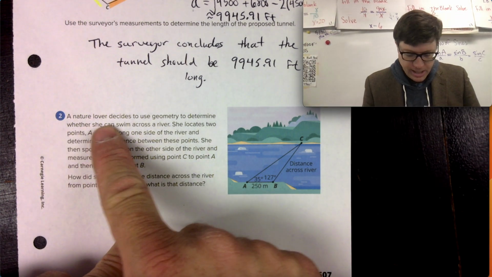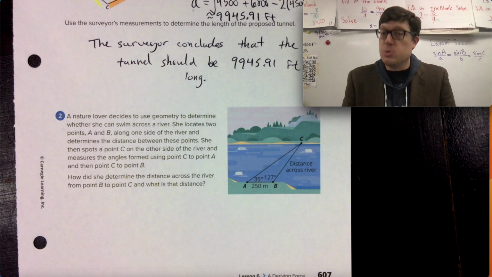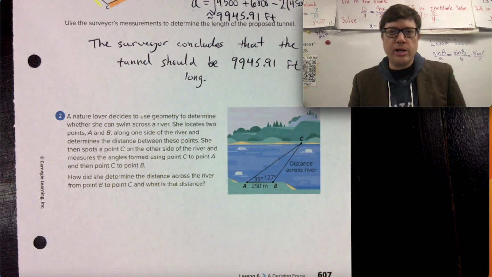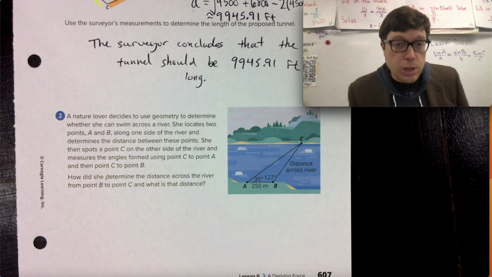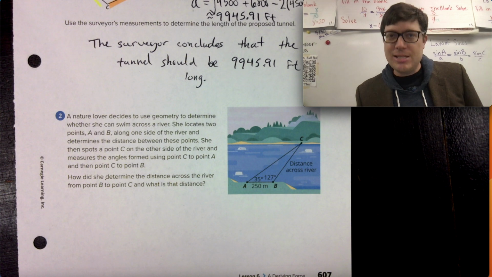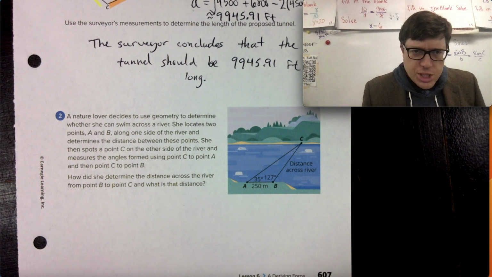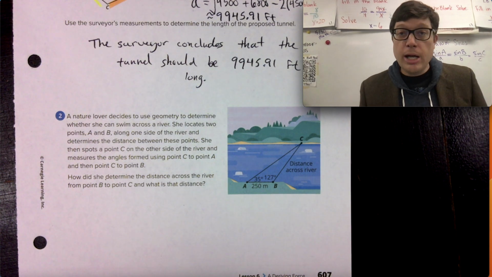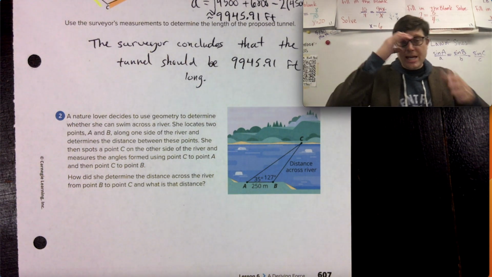A nature lover decides to use geometry to determine whether she can swim across a river. Good for her. Way to use mathematics to determine if you're going to keep your life safe. She locates 2 points, A and B, along one side of the river and determines the distance between those 2 points. She then spots a point C on the other side of the river and using lasers and everything else,